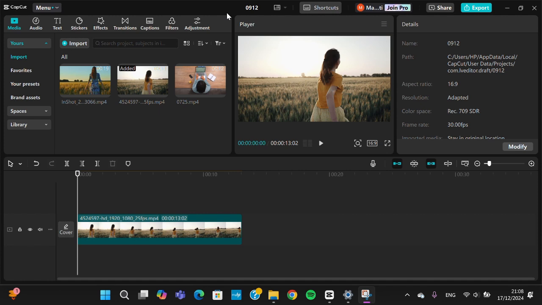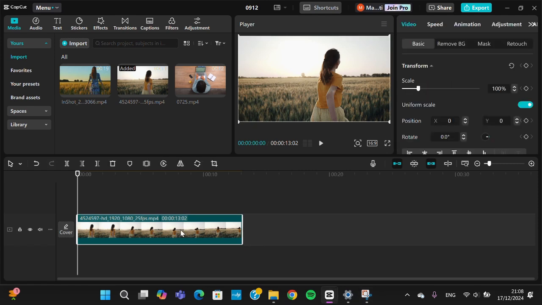In today's tutorial, I'm going to show you how we can add aggressive shake effect to our video on CapCut PC. Okay, let's get into it guys. Here I have opened my CapCut PC application, and for example, I'm going to add aggressive shake effect to this video. As you can see, I have added my video to the timeline and I'm going to add effect to